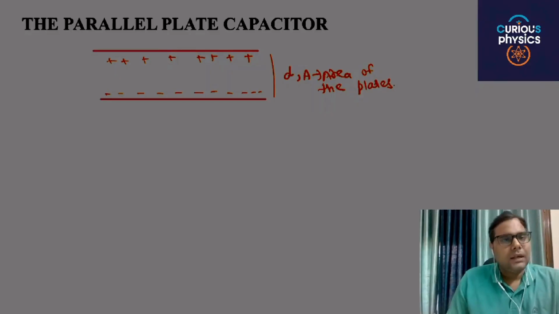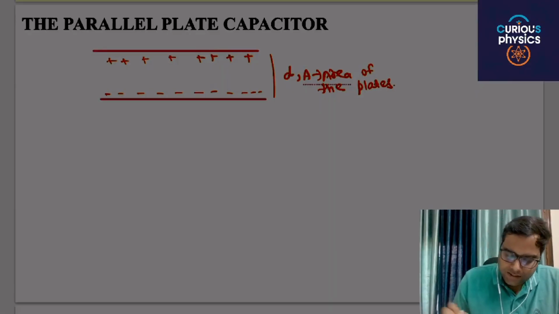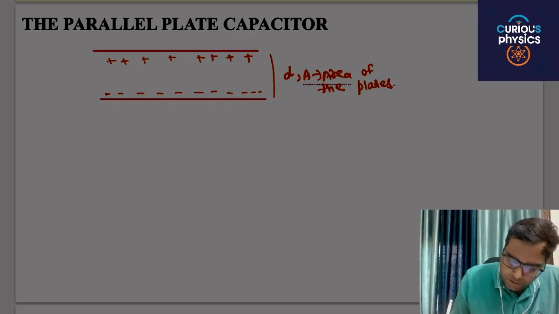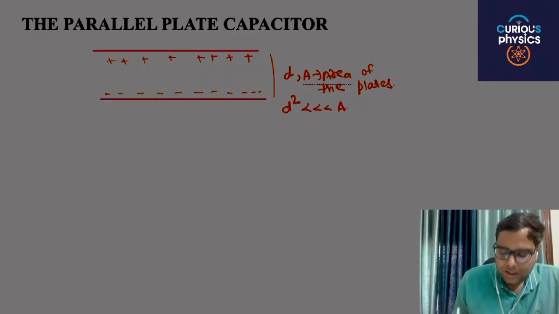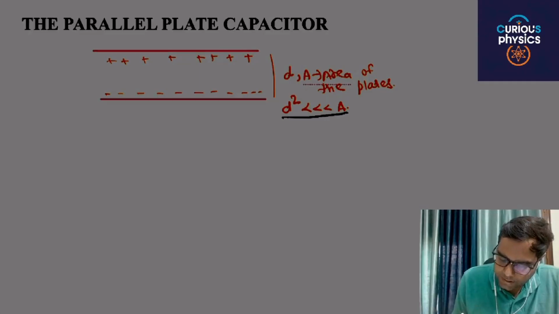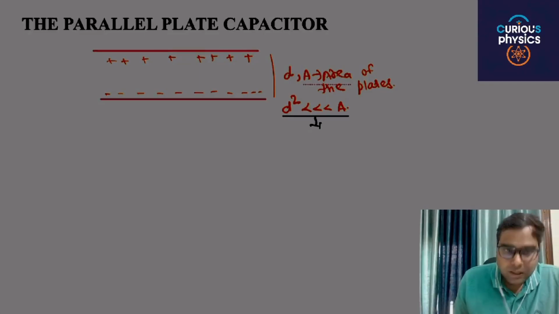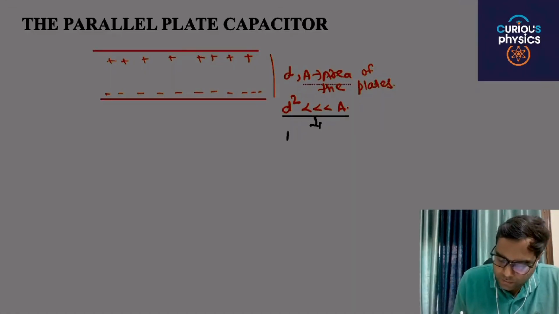Now if this is the positive charge and this is the negative charge, then one more thing: d square is very less than A. This particular assumption means the dimensions of these plates